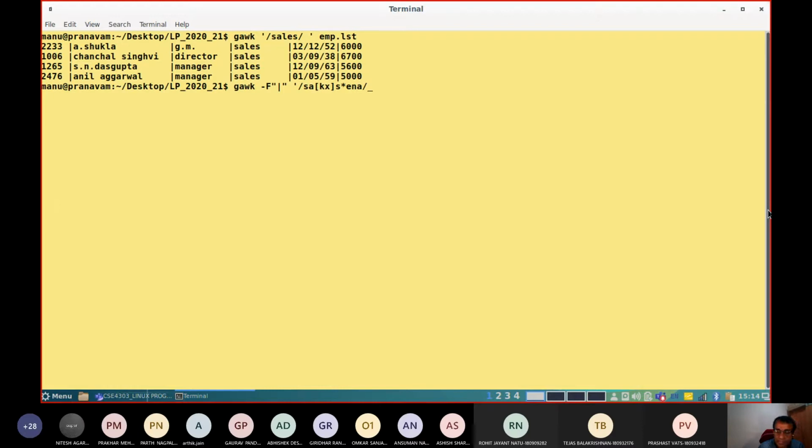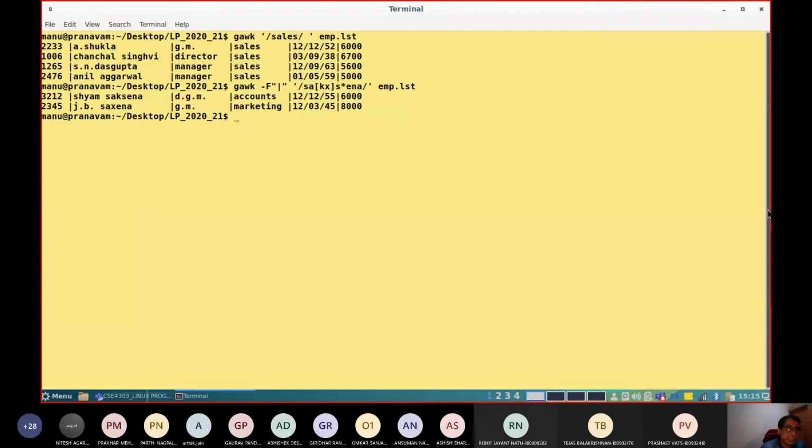The default action is print, so I need not mention it. On emp.lst, two names match, Sham Saxena and JB Saxena. Note the difference in spellings.